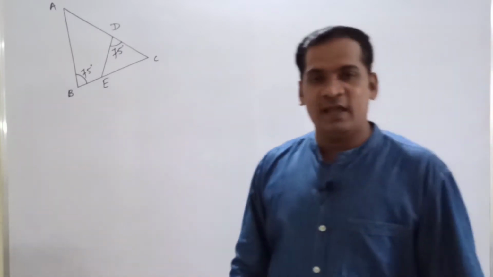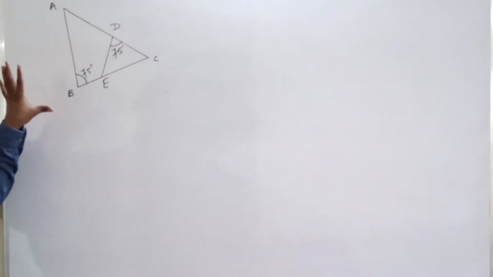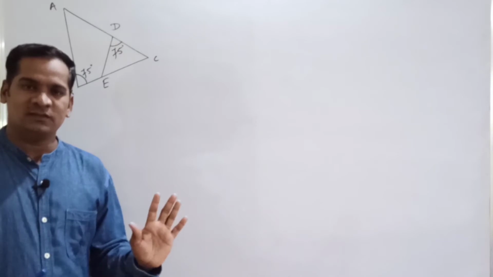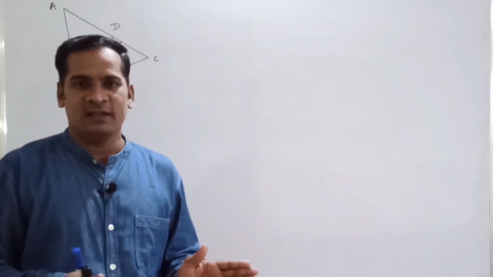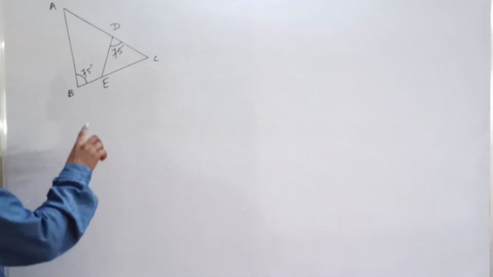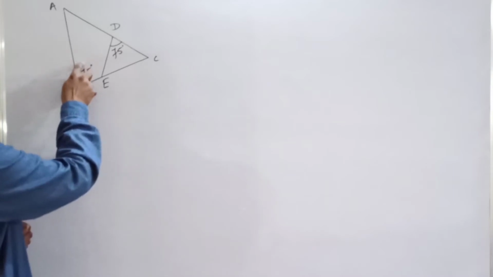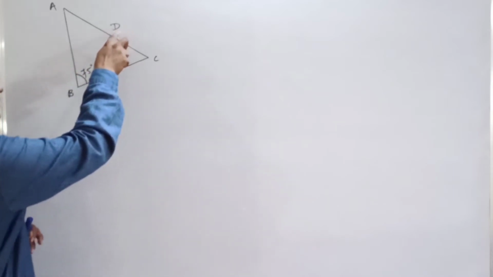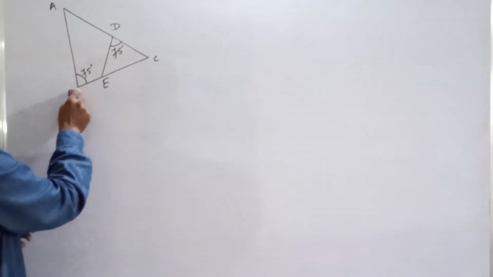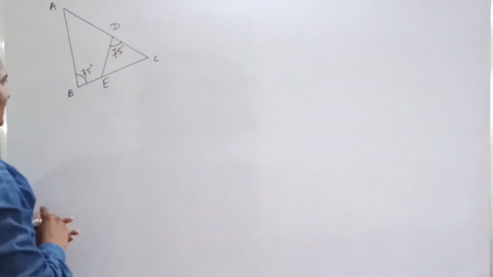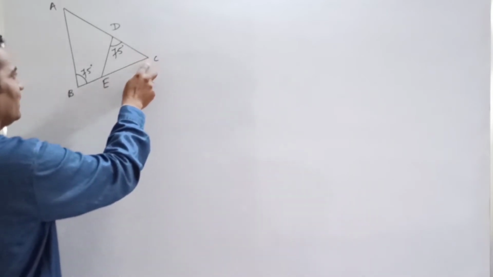That means we have to take any two triangles, and with the help of proper correspondence we have to prove that two triangles are similar. Okay, so let's discuss something here. Now look at this, angle B is given, which is 75 degrees, angle D is given, that is again 75 degrees. That means the corresponding angle of B should be D. Now look at this angle C also, that angle C is a common angle.